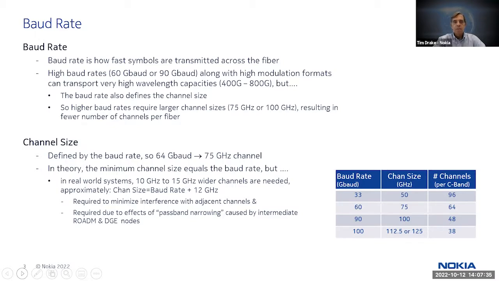So what does that mean? Well, that really means that at 50 gig spacing, you're good up to about 100 gigahertz. If we were to run 100 gigabit per second line rate, that takes about 33 gigahertz of space on the fiber. So that will fit into a 50